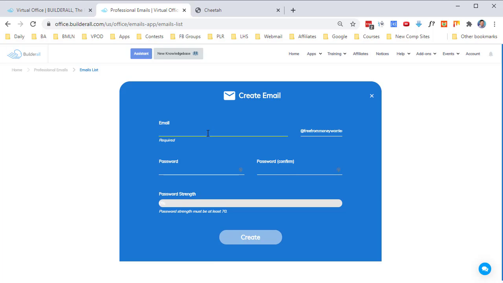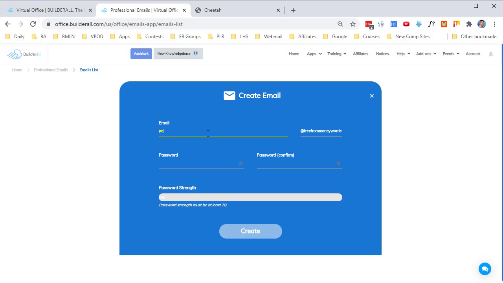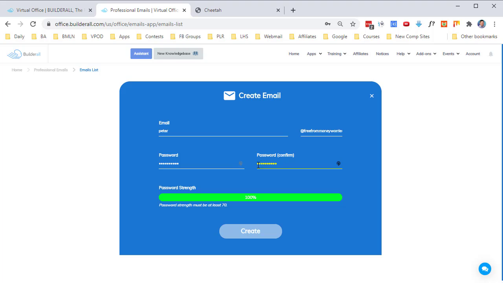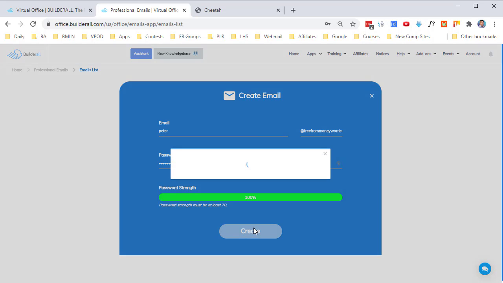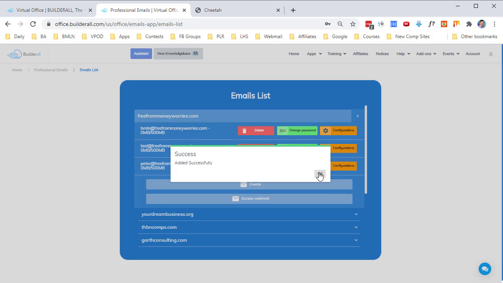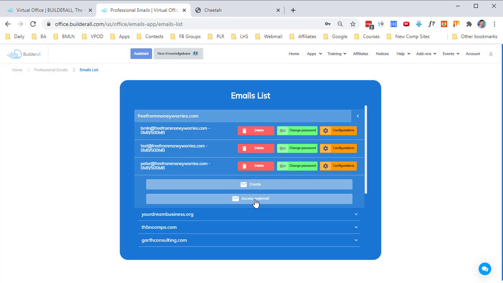And then just give it a name. So I might just call this, well, I'm going to call it Peter for some reason. Put a password in. And then again, confirm the password. Click create. Okay, so that's now added that email, and then what we want to do is click on Access